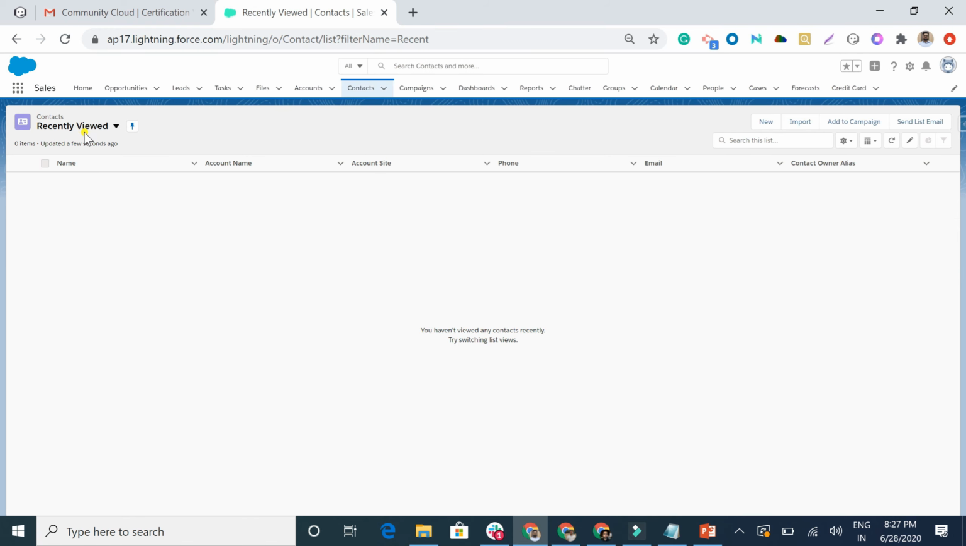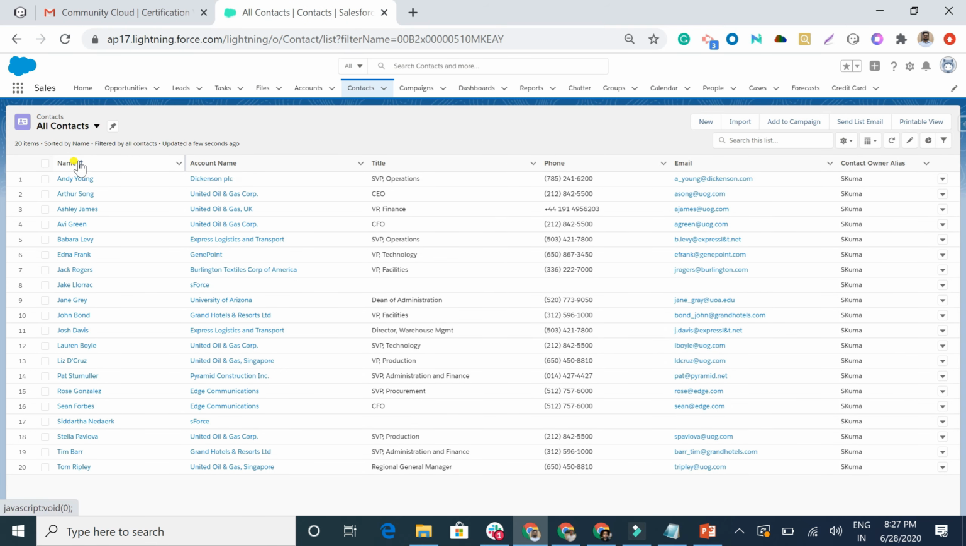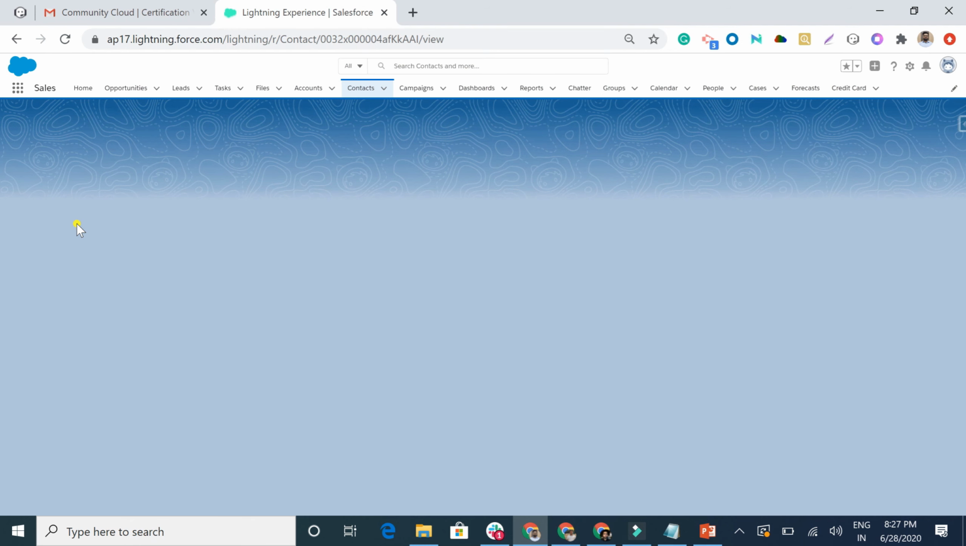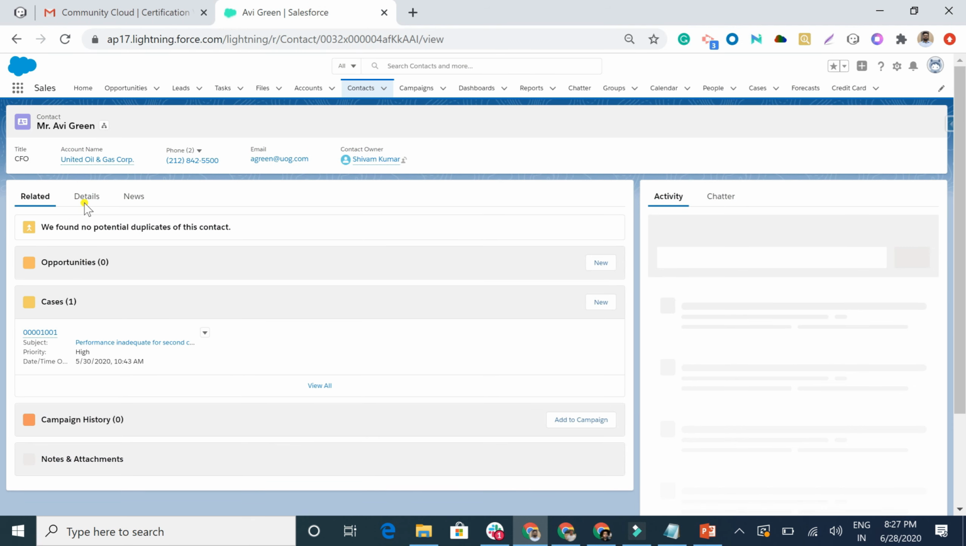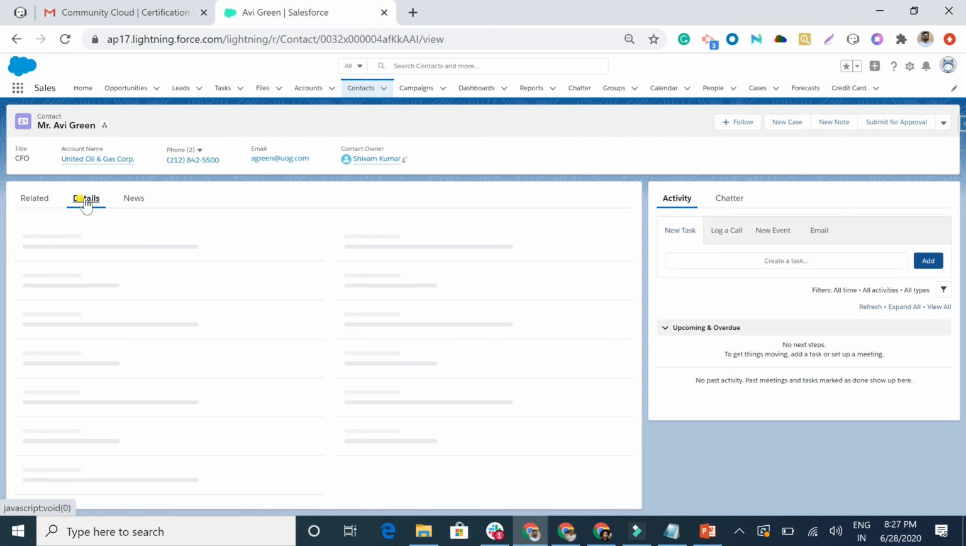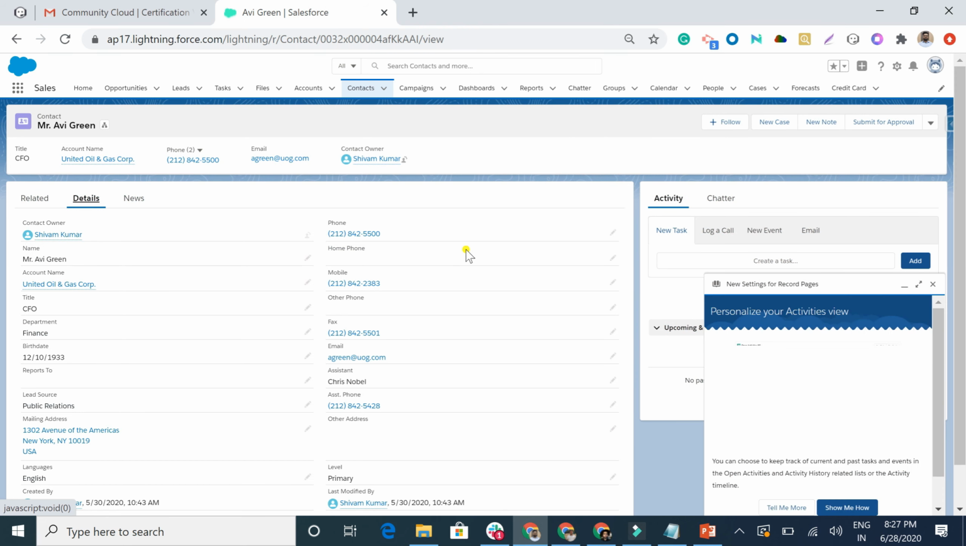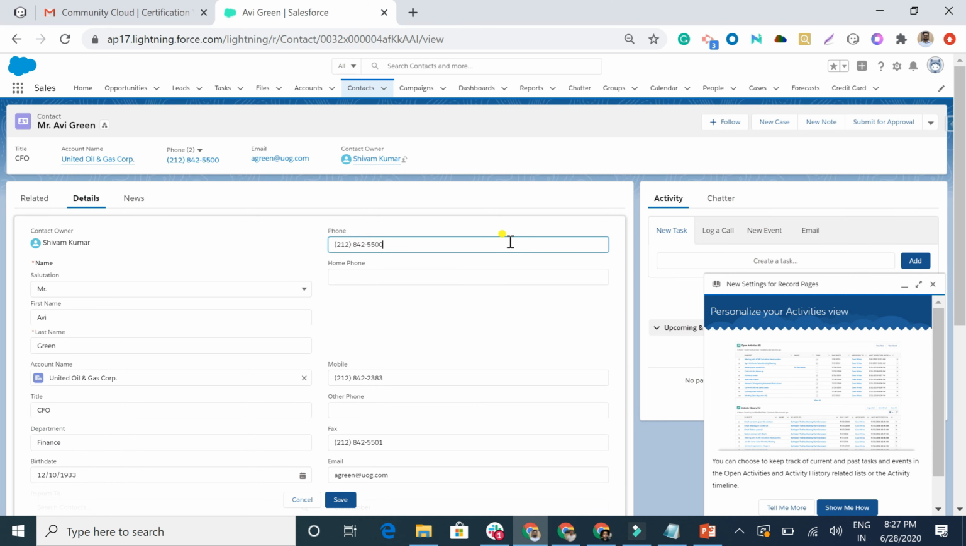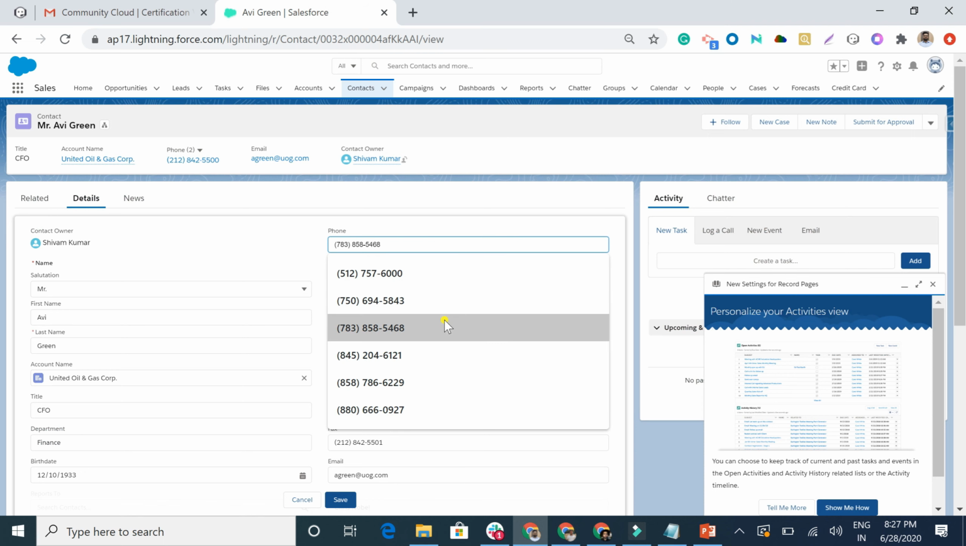Going to my contact object, all contacts I'll be moving. Let's say I'll be clicking on AV Green there, going to details. Now in the phone field we have the value like this, but we don't want this. If I just give the value as my phone number,